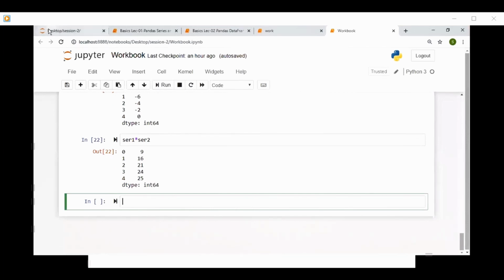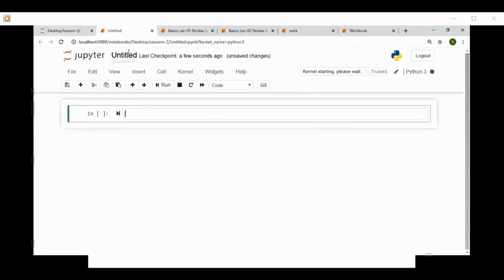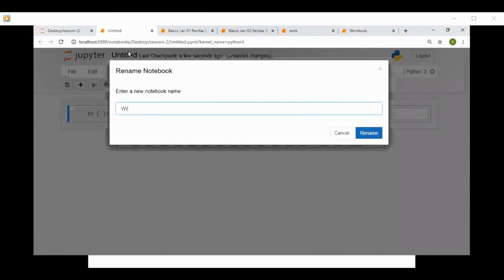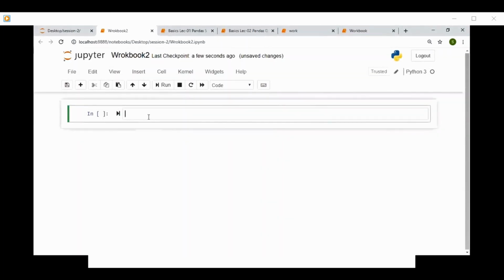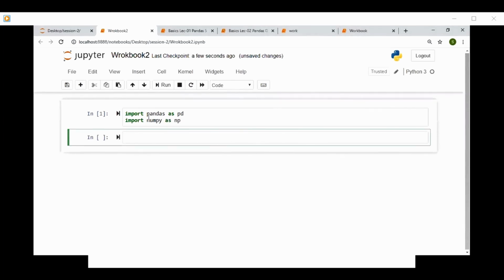I will create a new notebook for that. Okay. So again, first and foremost thing, import pandas as pd. I will also import NumPy because I will be requiring it further.